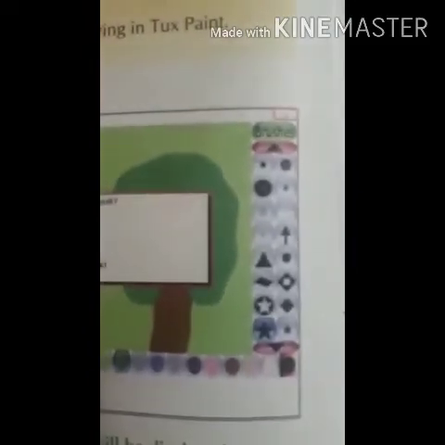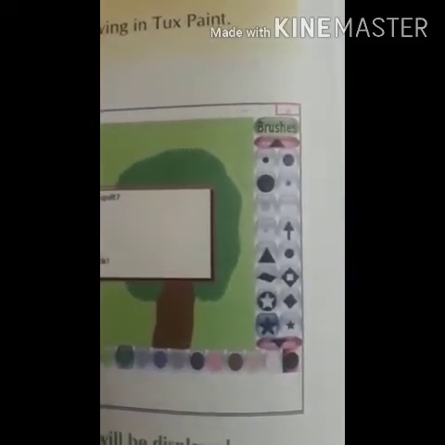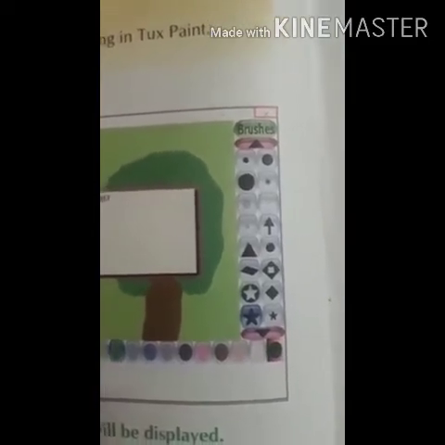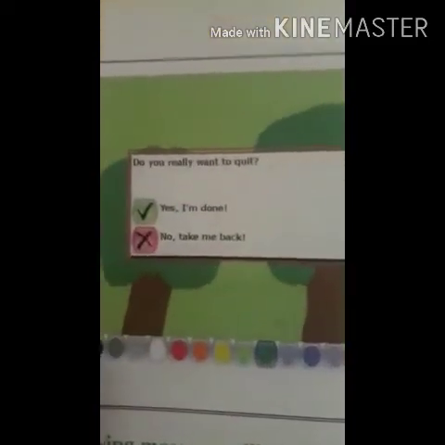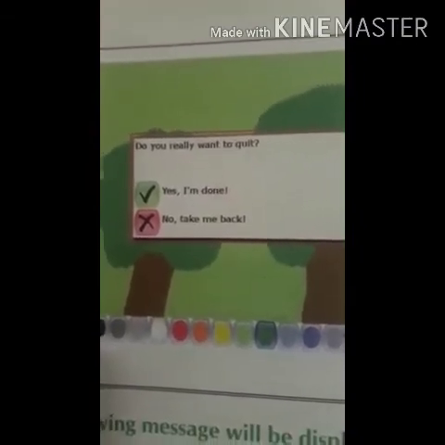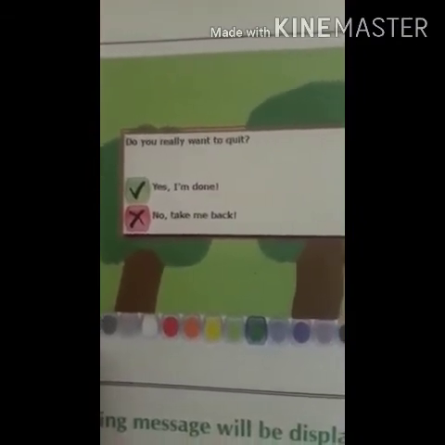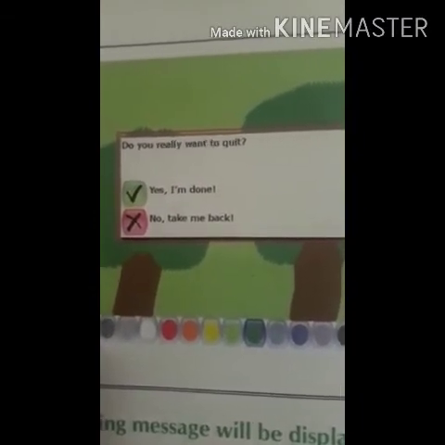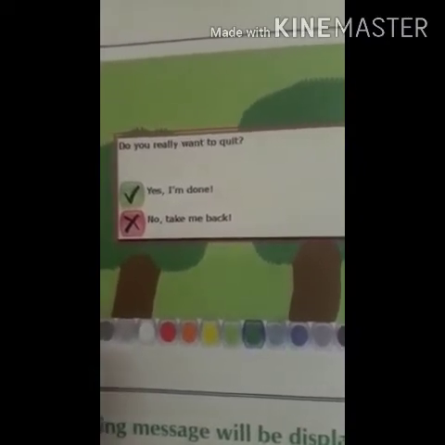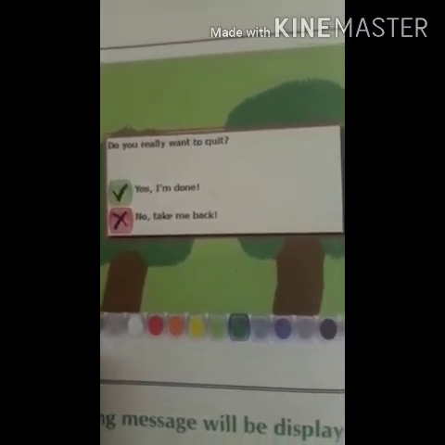Okay. Two ways are there. First of all, you can click on the quit button or on the close button. After that, one dialog box will appear on your screen and you have to click on the right button. Two buttons are there. Number one is the right and second is the wrong. Yes, I am done. And second is no, take me back. If you want to close, you have to click on the right button.